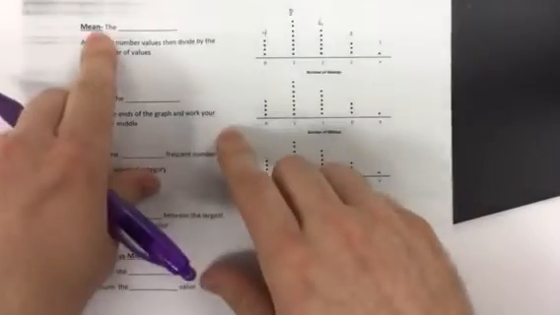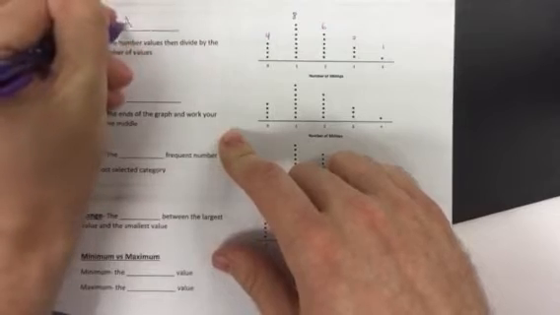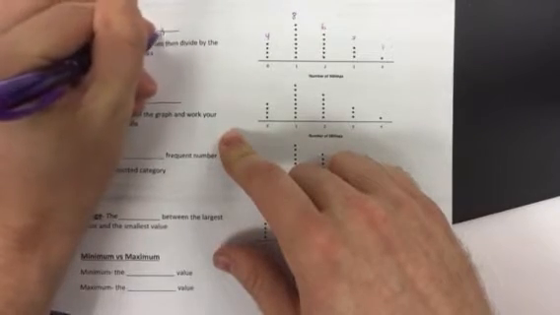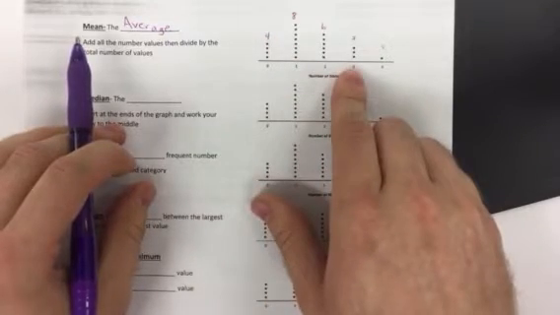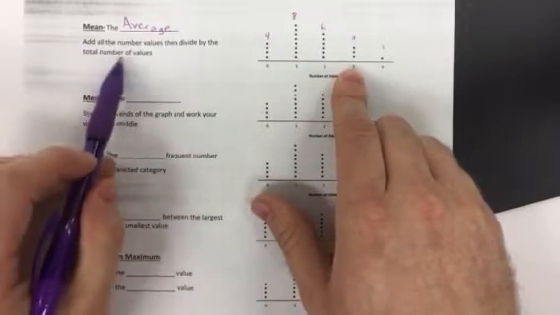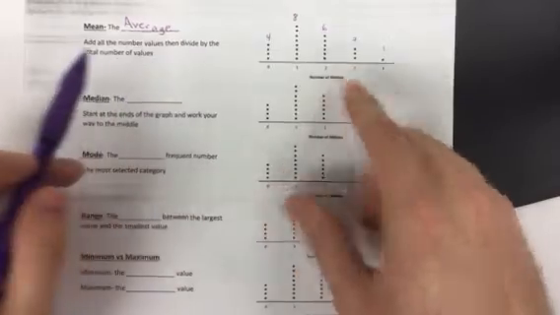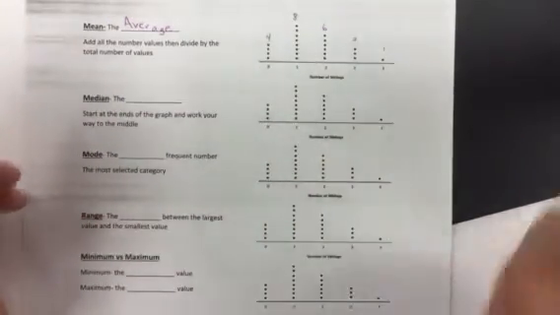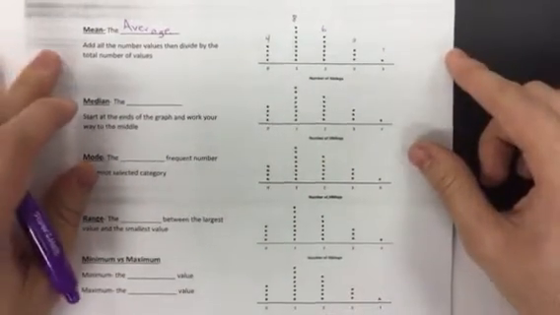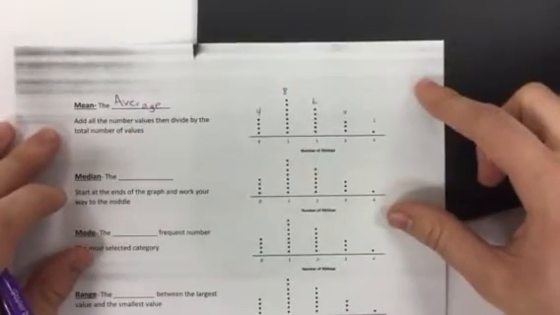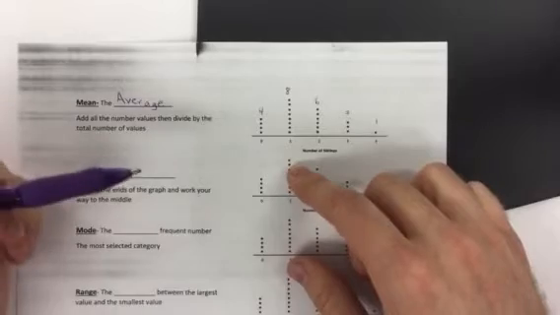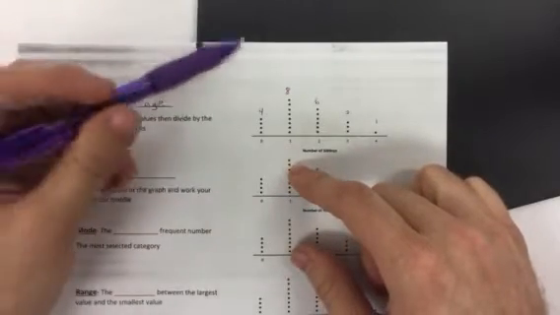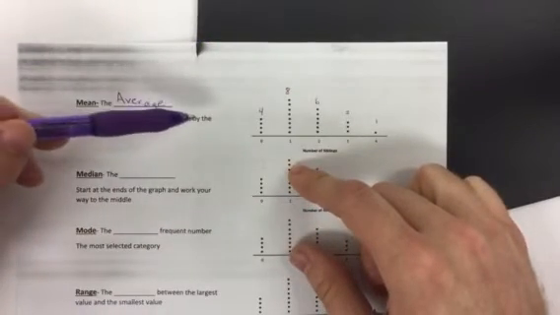The mean is what we call the average. It's when you add all the numbers up and then divide by the total number of values. And here's what we mean by that. And this actually is the question that will take the longest to solve for. So bear with me. After that, these don't take nearly as long. What we mean by adding all the number values up